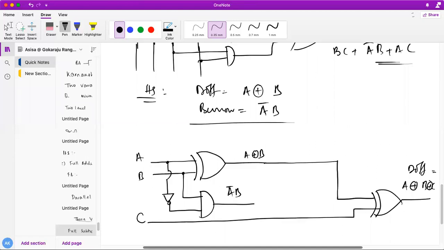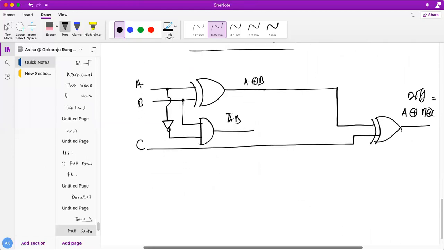Do you all understand, students? Very simple. I am just drawing. Next, what I am going to do, another half subtractor. How can I design? This is another input I have taken, and this one. Another input is, let's say, this one, and you see here another input, I have taken the inverted input. So I just have to take this and perform the inversion, and apply it here, which will go to my AND gate. So similar thing I have done. So this is one half subtractor, and this is also another half subtractor I can claim.